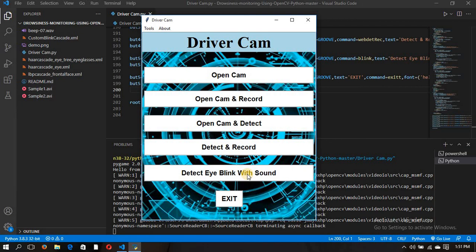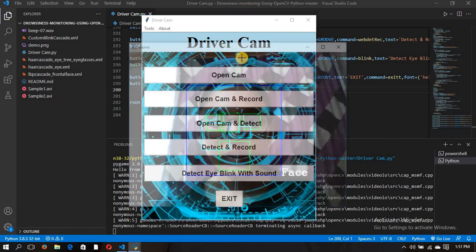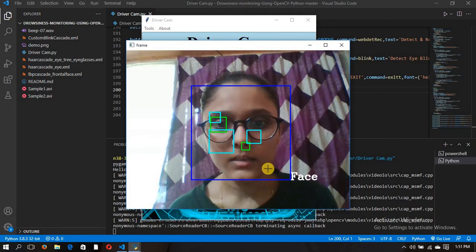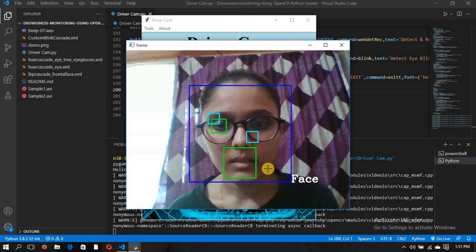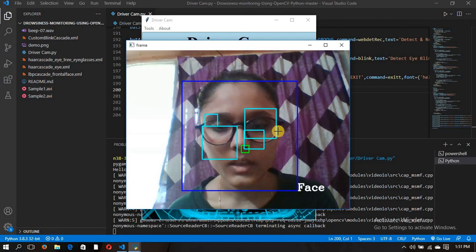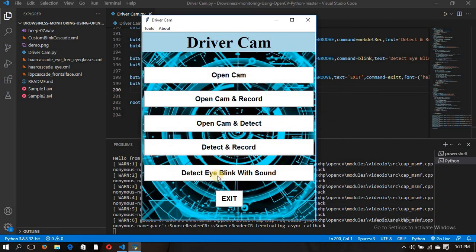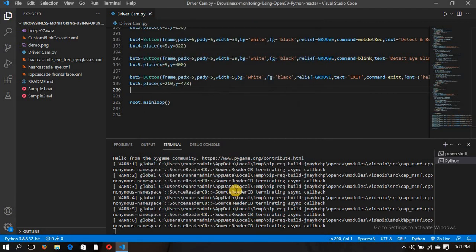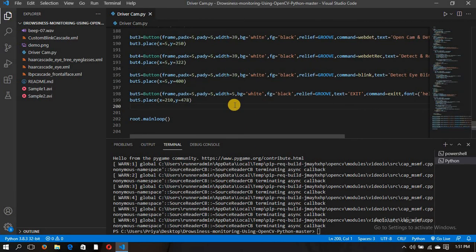We have passed our sound audio file. It will detect and also play the sound if I am blinking, right? You can see I am blinking my eyes, right? It is detecting and playing the sound. After pressing Q, it will exit, and after exit, it will close the whole window.